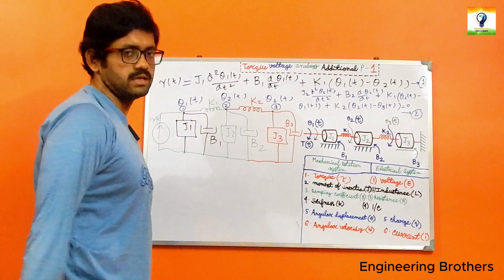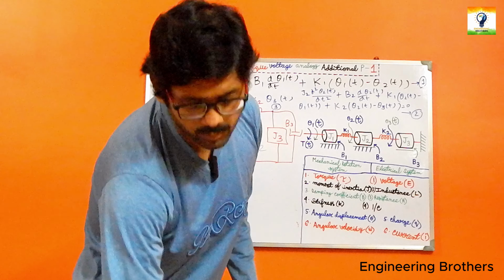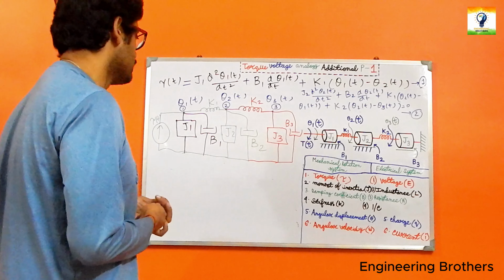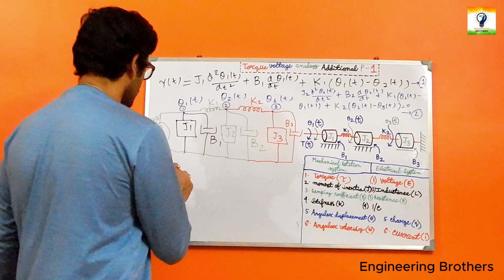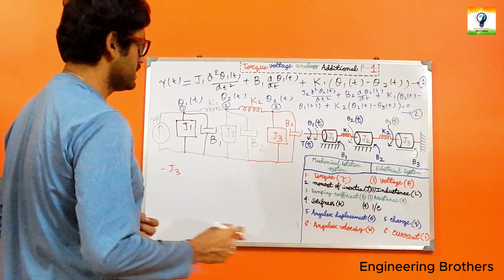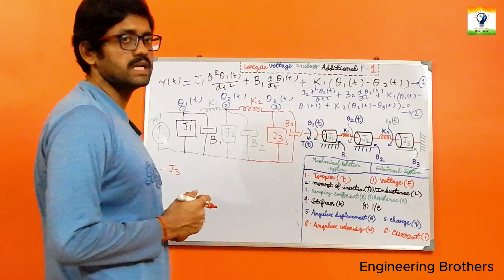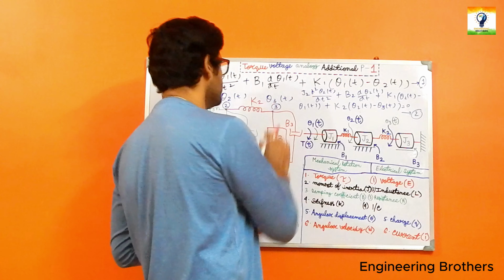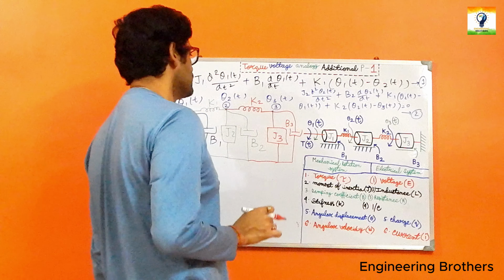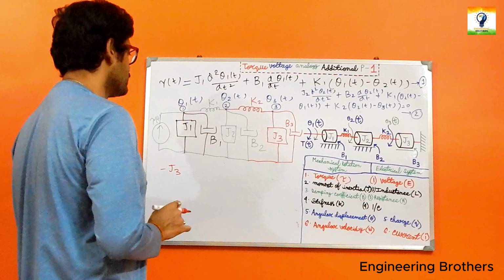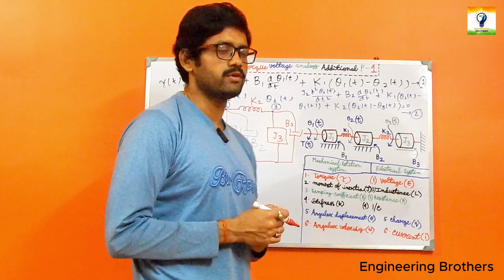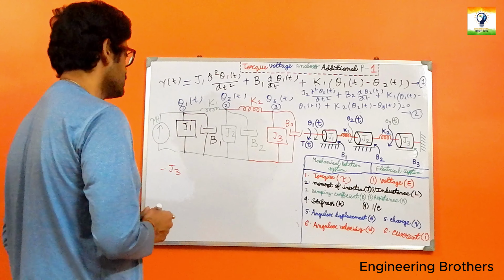In the lower part of our small space over here, we have got our next equation, which is our equation 2. And at the next stage, if we do apply the D'Alembert principle on our node 3, what is going to be the equation? With the same procedure, what are the elements that are connected with node 3? We have seen that J3, B3 and K2 are connected over here. So without wasting any time, if we apply the D'Alembert principle on node 3, we have got our next equation over here, which is minus J3